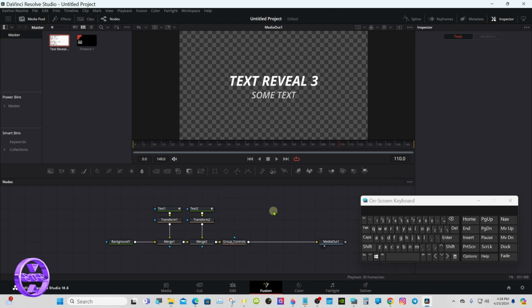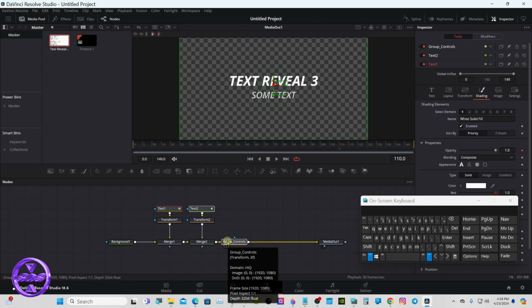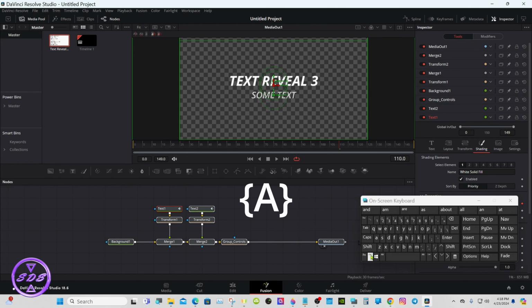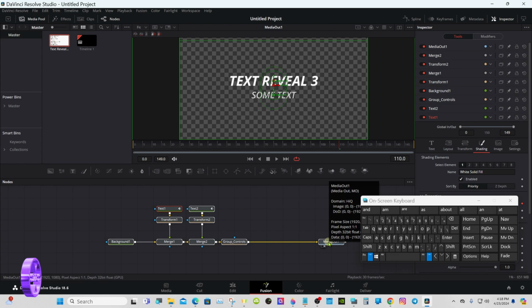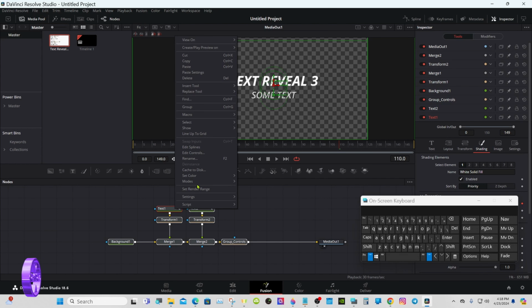So click away, make sure nothing's selected. Hold the control button down. Follow the order that I am. That way everything will be in that order from top to bottom in the inspector. Then hit A on the keyboard. Make sure the control button is still held down. And deselect the media out. We do not want to take that one. Then right click on any one of the other nodes. Go to macro, create macro,